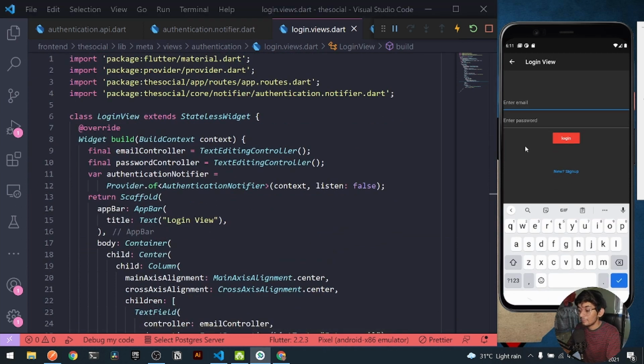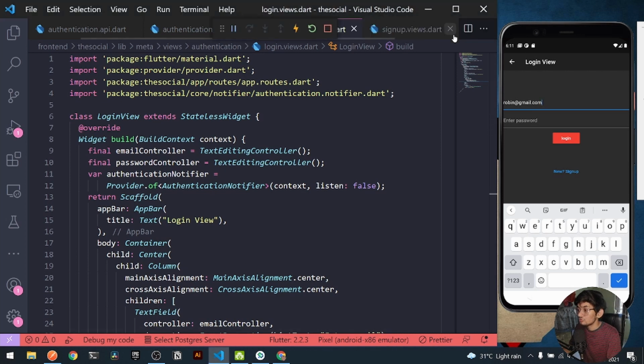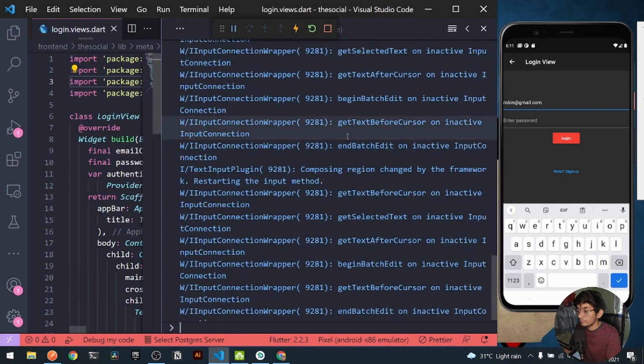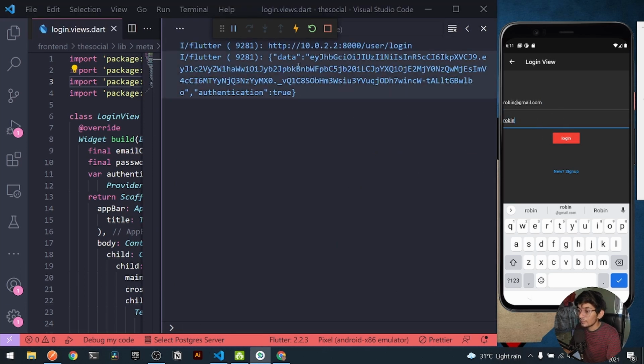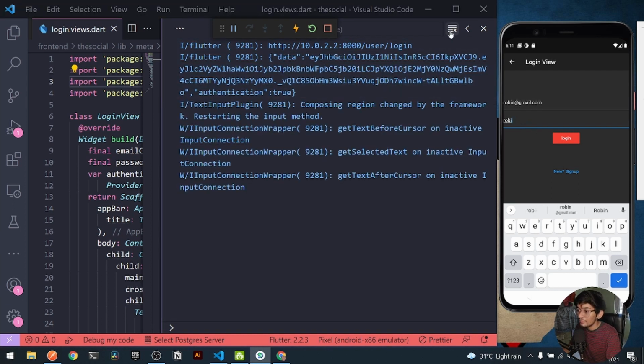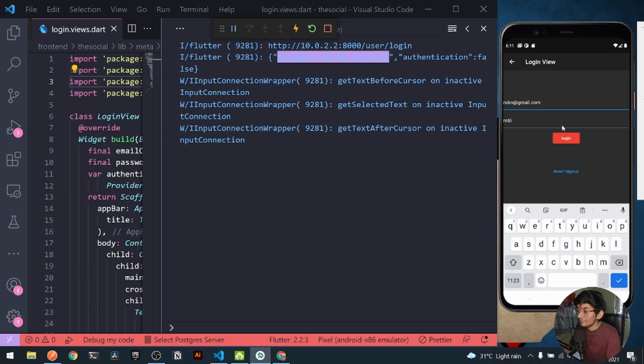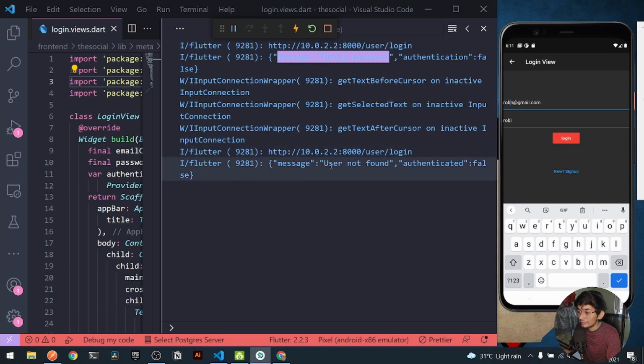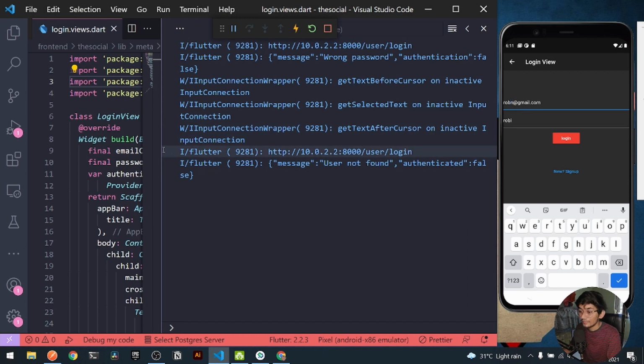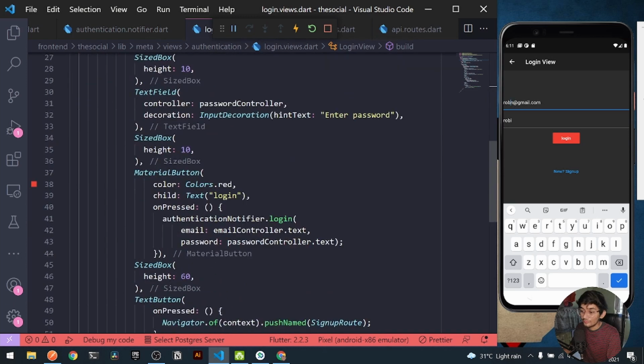So to log in, I can enter my same credentials, robin@gmail.com, right? And also its password of Robin. Let's clear everything and let's log in. Now you can see I'm getting my data back. And if I try to add a wrong password, that is only Robbie, and send a login request, here you can see I will be getting a message of wrong password. And also if I say Robbie instead of Robin, and send a login request, here you can see it will be saying user not found, right? Because Robbie does not exist under my application, right? So this is the way through which you can authenticate all of your users.